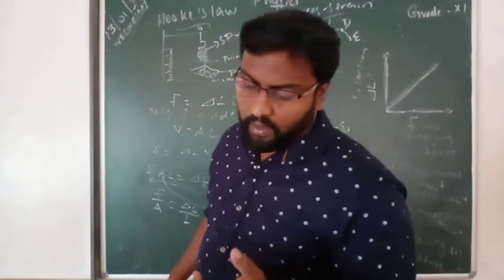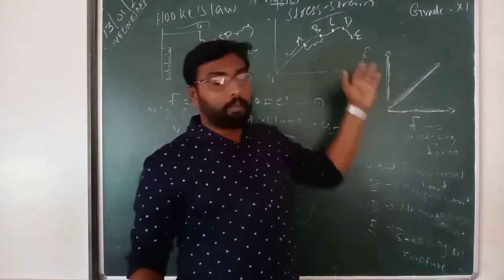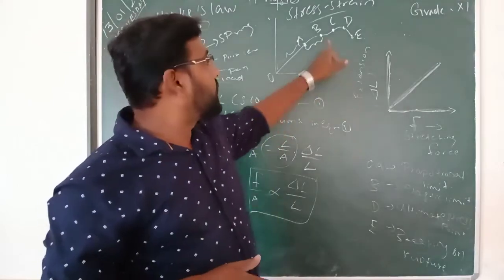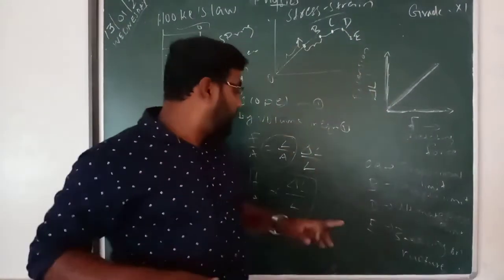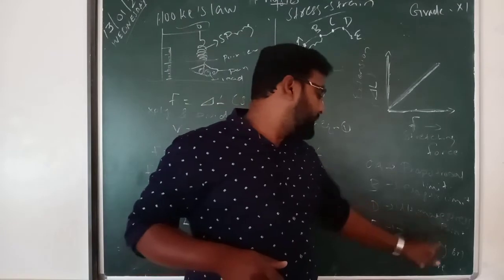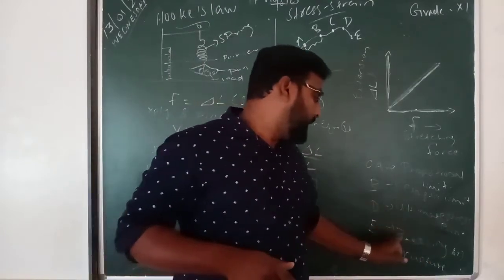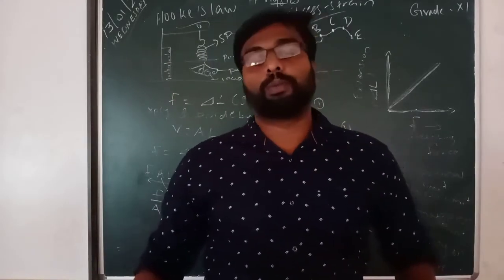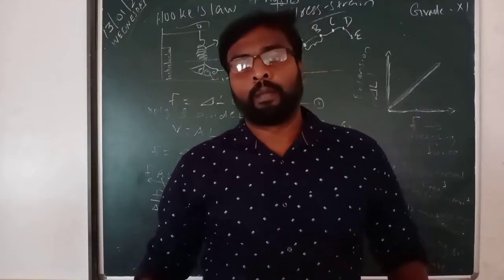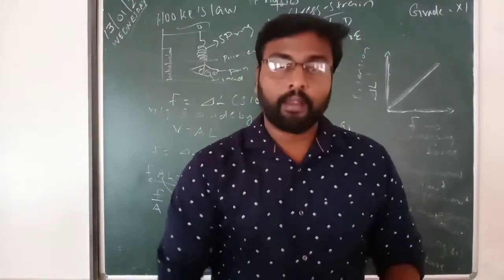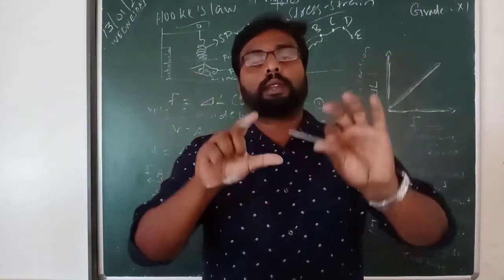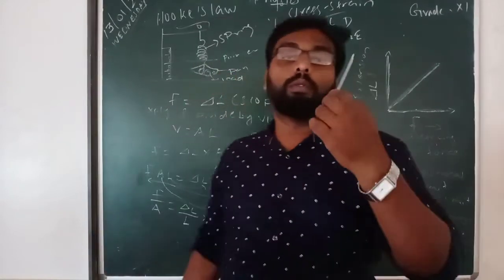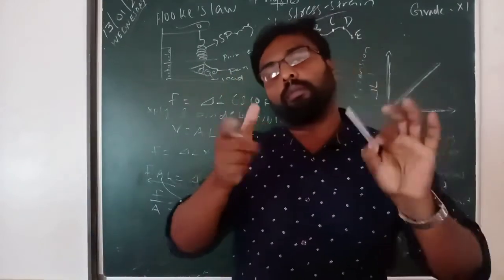So that is the last one, point E. Beyond D is known as the fracture point, and from point D, the ultimate stress point, then E is called the breaking point or rupture point. To some extent it will come back and regain its original position. Now it is plastic behavior, broken.